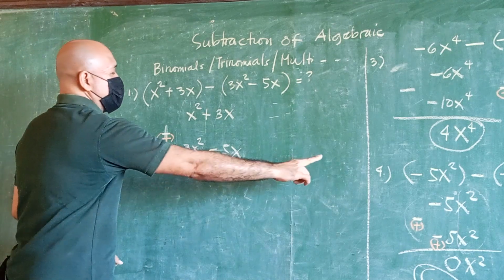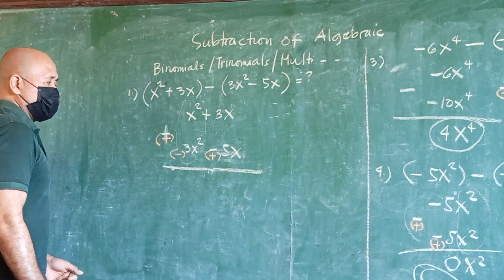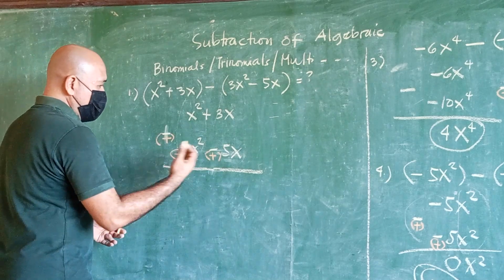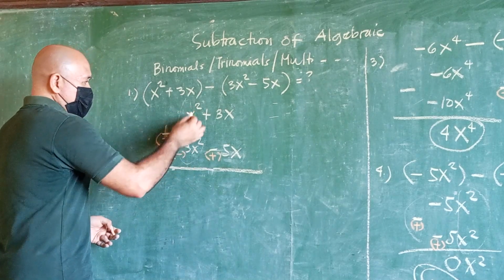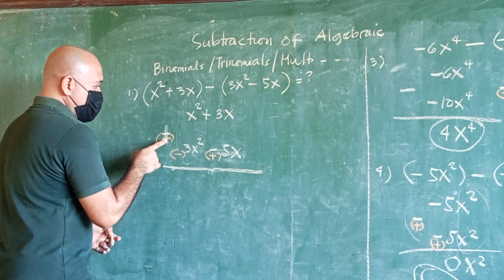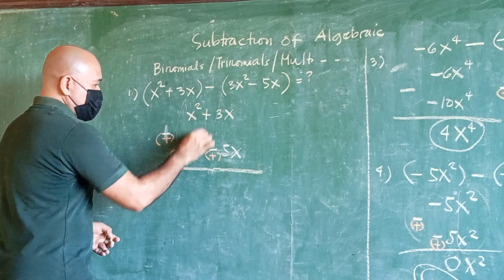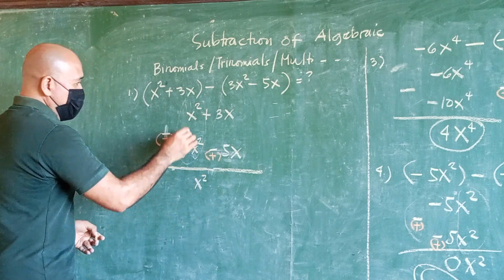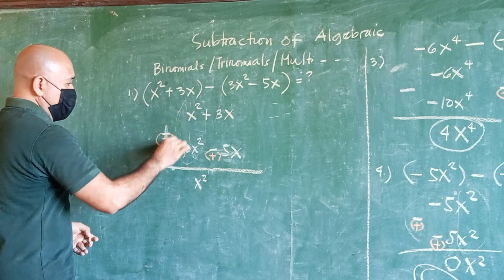Always change all the signs in the subtrahend. After changing all the signs, you proceed to the addition. So bring down the common variable and exponent, x squared,